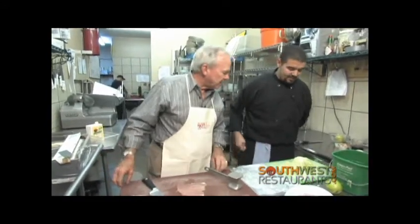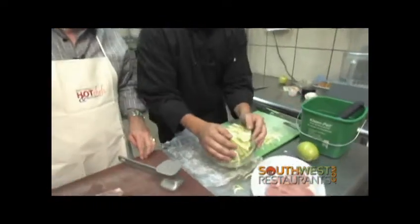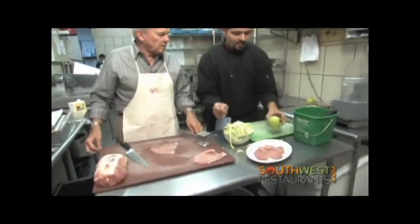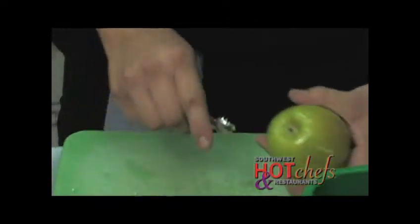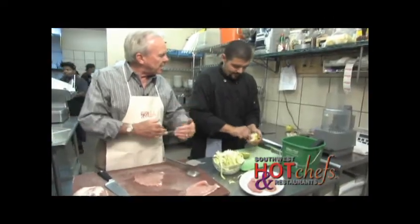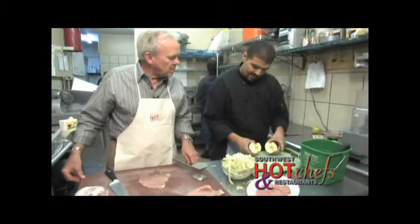So what else do we need to do? Yes, sir. So next step, we're going to separate this over here into a bowl. And the next step we're going to be doing is dicing up an apple. In the restaurant, we have a corer, which we use to remove the core from the top and discard it. We remove the bottom as well, and then you'll cut it in half. And at home, if we don't have one of those handy-dandy little devices, we can just cut it in squares around the core. Yep, and you can cut around the core in 4 pieces, and I can also demonstrate that. From here, we remove the core of it,